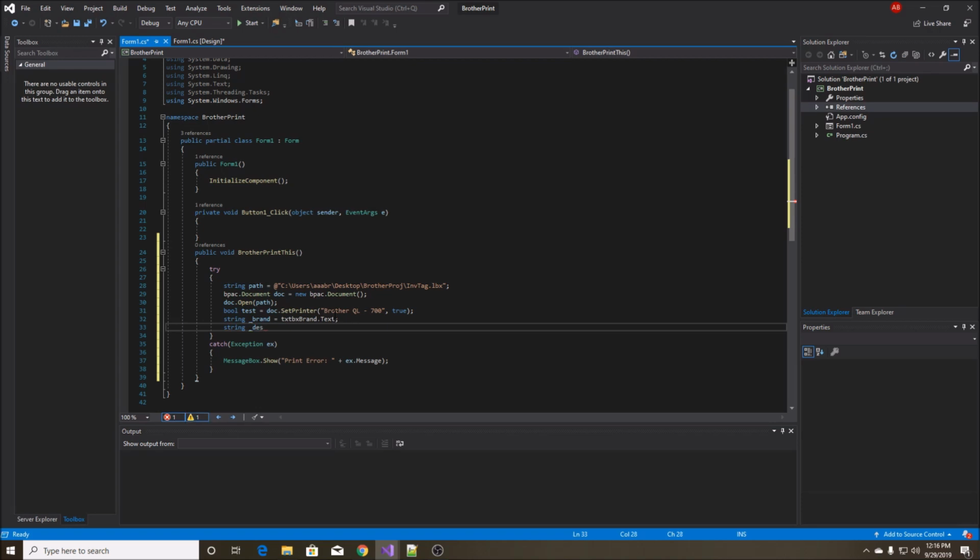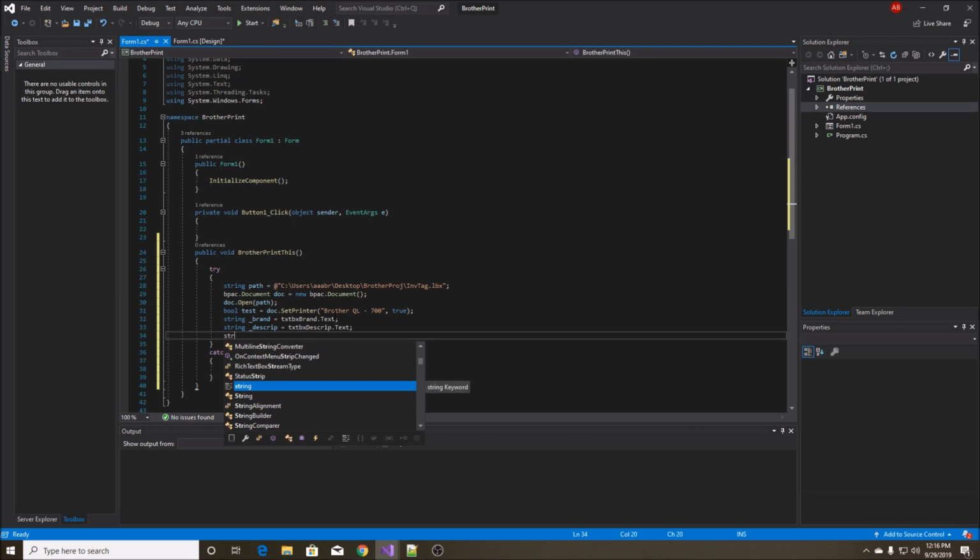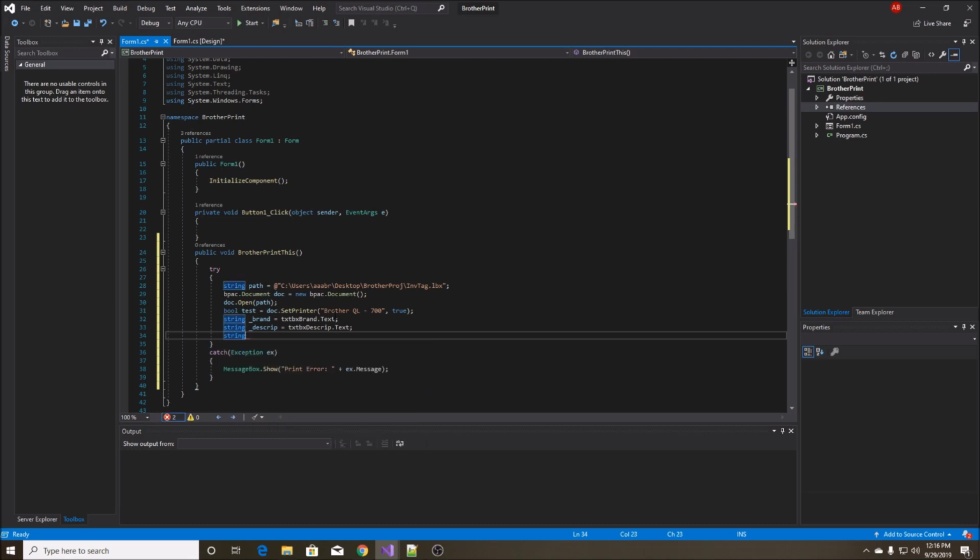Here was a description, so I'll just go short there and text box description.text, and see here also you want to do the SKU. Alright, you got your 3 text boxes that you're pulling values from, and